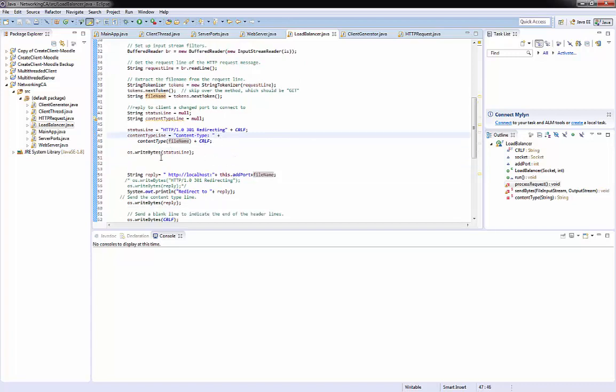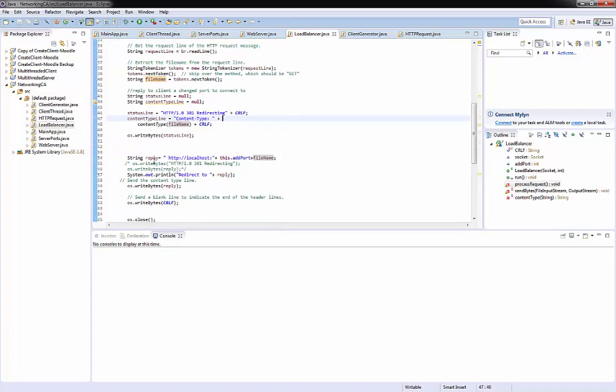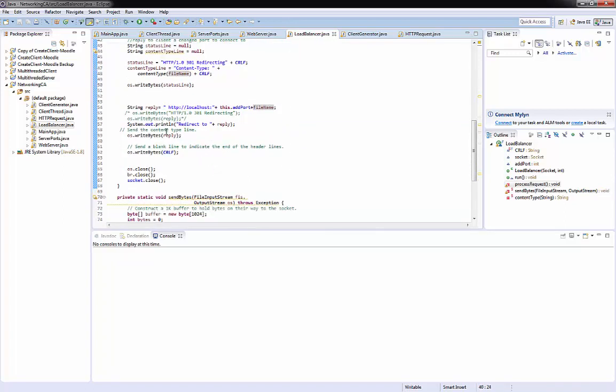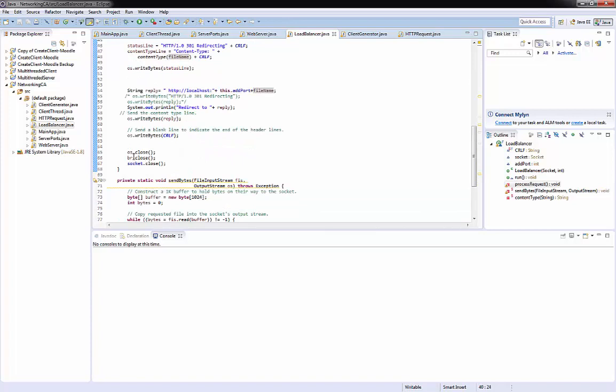And it sends back the status line, and then it sends back the reply, which is localhost, then changes the port number to whatever it specifies, and then the file name that they sent here, and then closes the output stream and then the buffer reader and then closes the socket. So this connection is done,